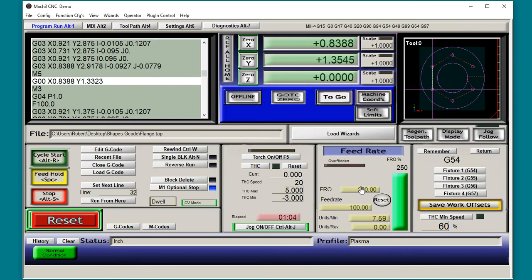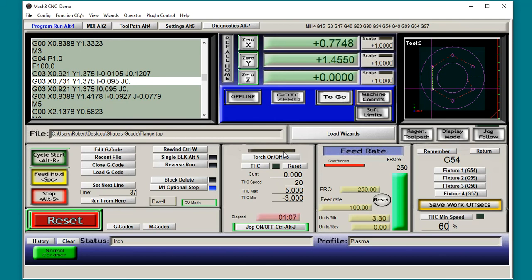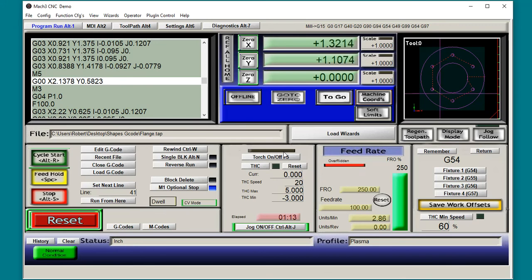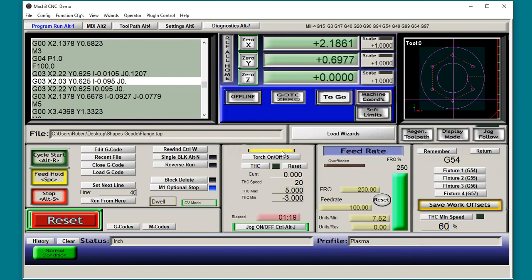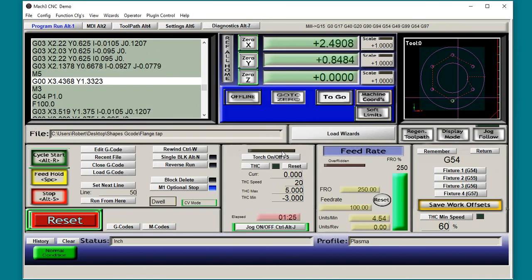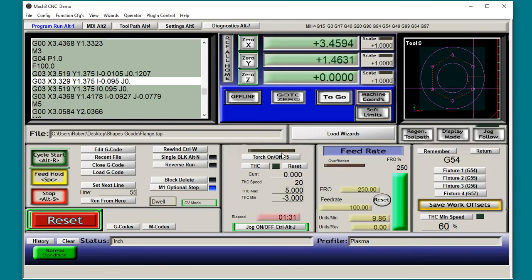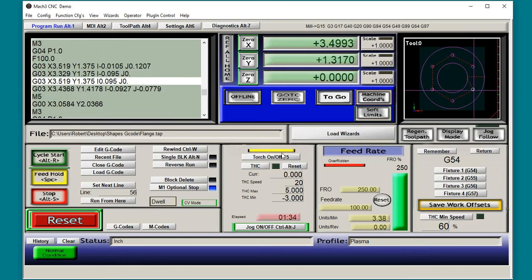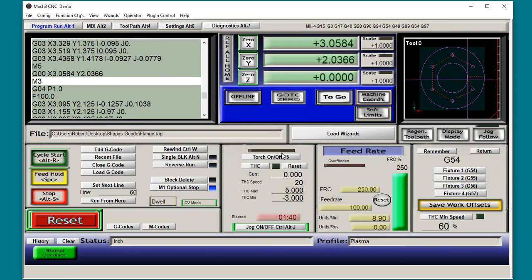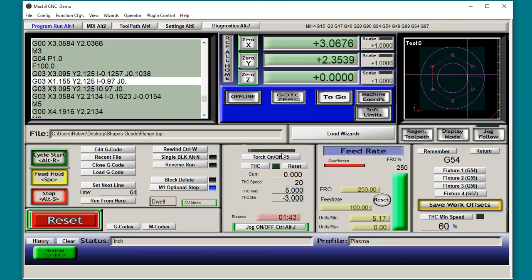So you can see that the part's being cut. Torch is on. That means it's cutting. It's off. It's moving to the next position. Then it's going to come on, cutting. Next hole, and last hole. It's going to cut the 2-inch hole next. Okay, that's done. It's moving. Torch on. It's cutting. Right there, you can see that it's cutting the 2-inch hole,